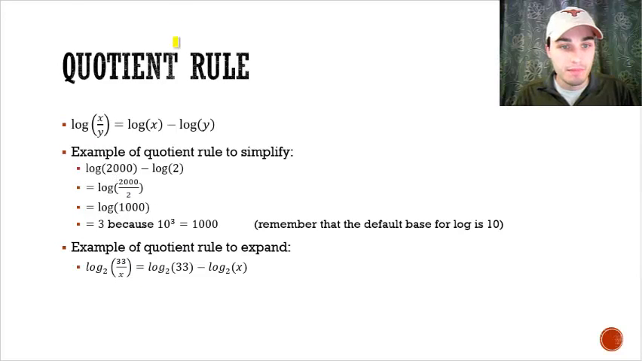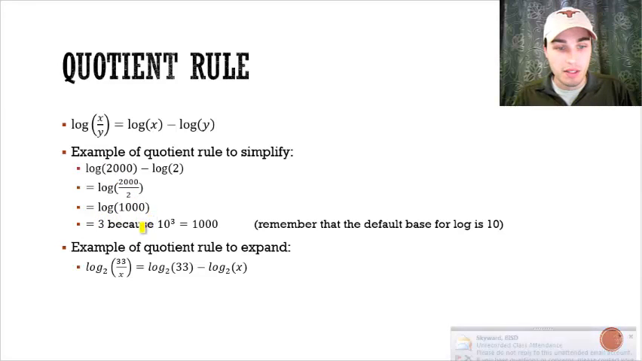Quotient rule, basically the exact same idea, only with division and subtraction. So here I have a fraction or division of two things, which then can be split apart as the subtraction of the two logs individually. So here we see that to simplify this, because I have the subtraction, I'm going to combine that together to make it division, and then 2,000 divided by 2 is 1,000. Well, log of 1,000 is just 3